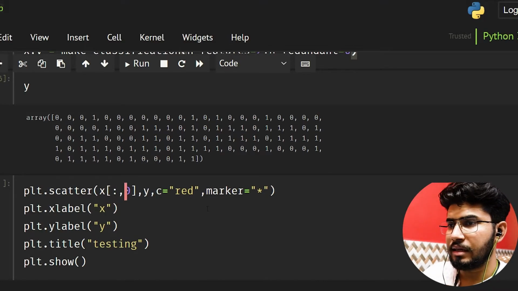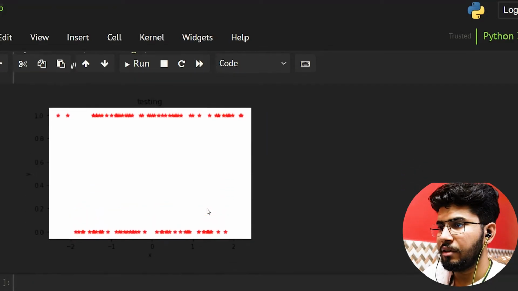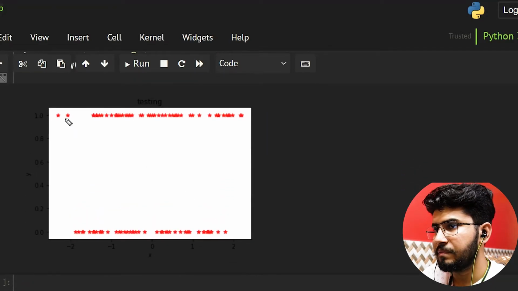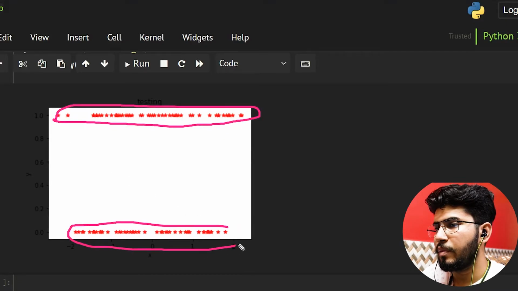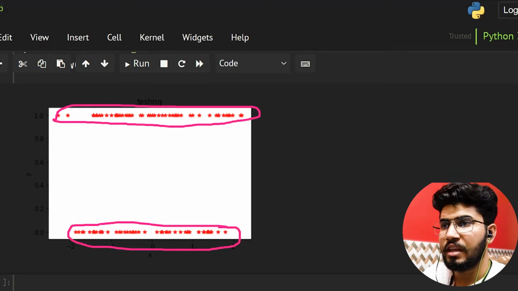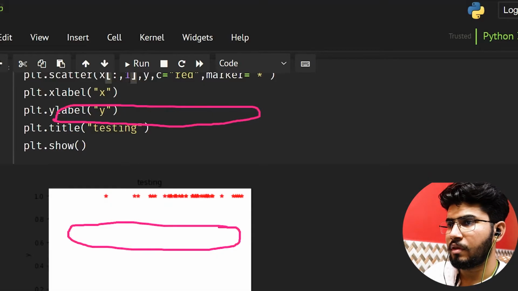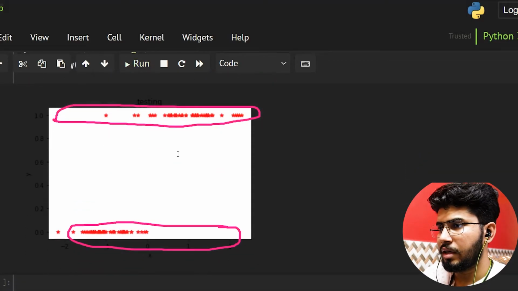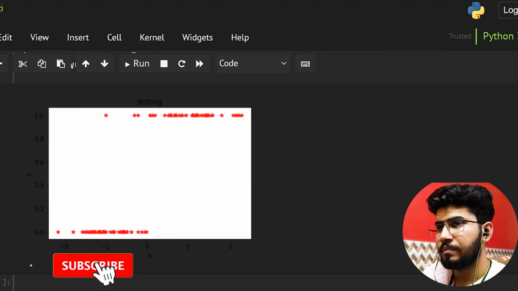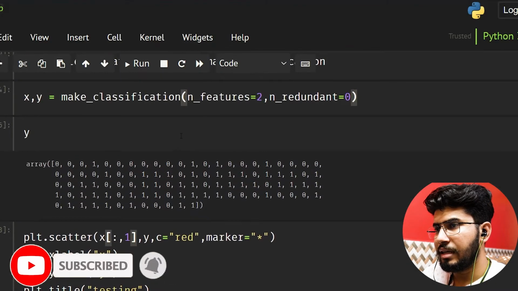Let's scatter this, and you will see we have values like this, and it is not looking very good. We cannot determine anything at all from this. Even if you change it to, let's take it as 1 again, you will see you cannot determine anything with this. So here what you can do is change your data like this.